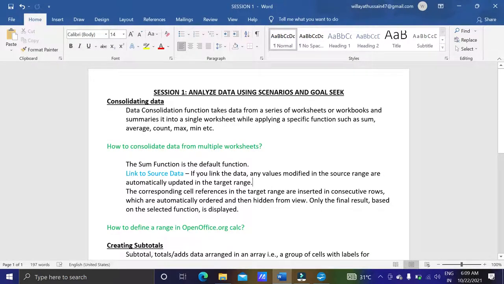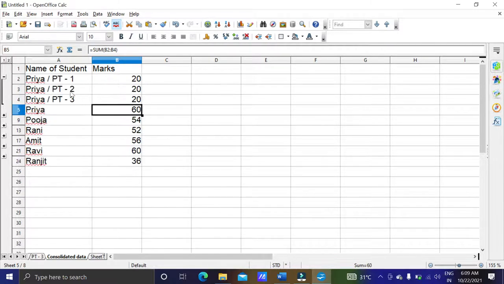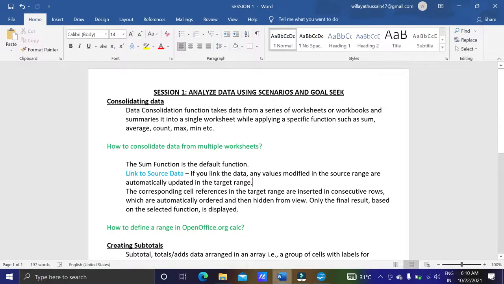Now we will see that the corresponding cell references in the target range are inserted in consecutive rows. This is our target range. These cell references which we are using, you can see they are arranged row wise: Priya PT1, Priya PT2, Priya PT3, which are automatically ordered and then hidden from view.